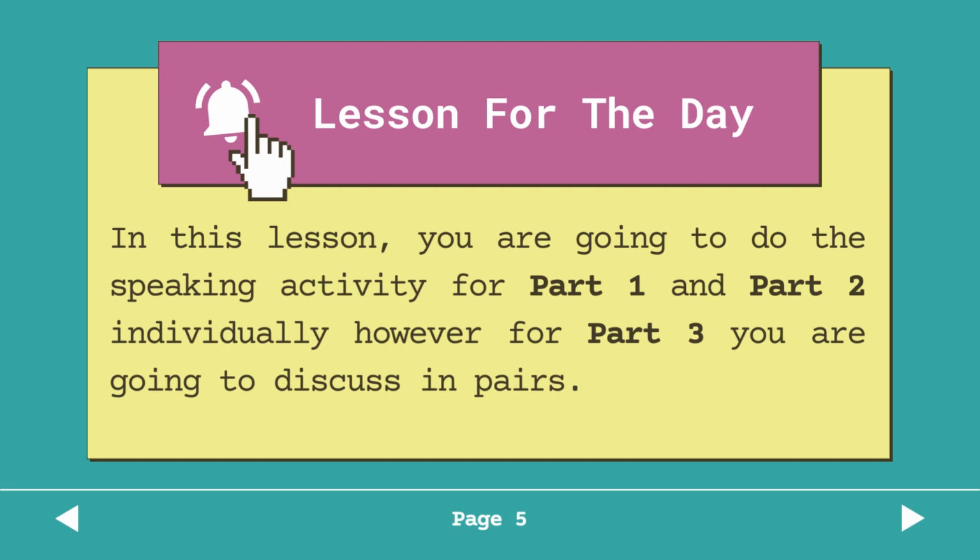During the test, you and your friend are going to sit next to each other. In every speaking test there will be two candidates. In front of the candidates are the interlocutors, and on the right side is the assessor. For part 1 and part 2 you have to answer individually, but for part 3 you have to work together to discuss in pairs.